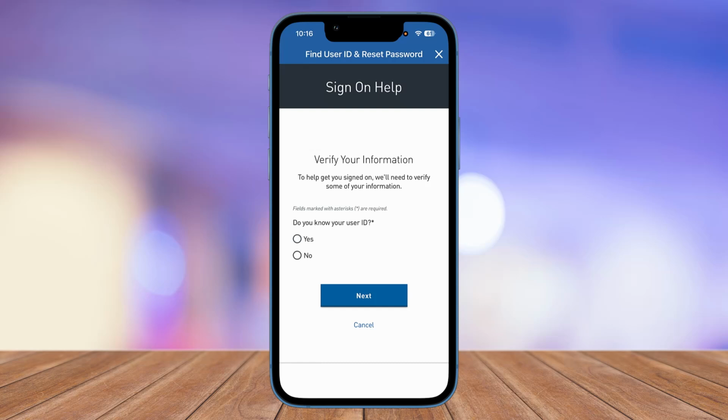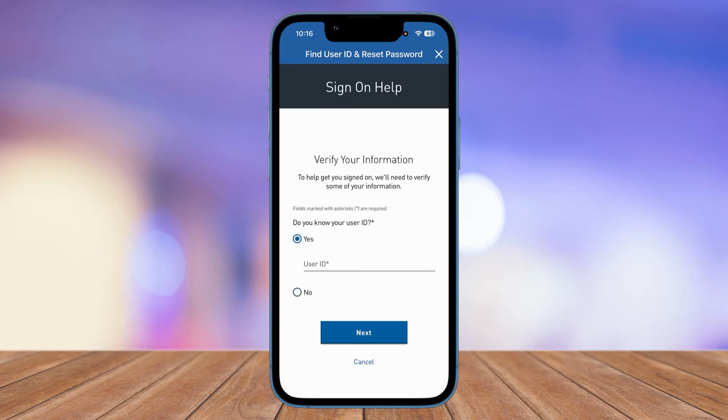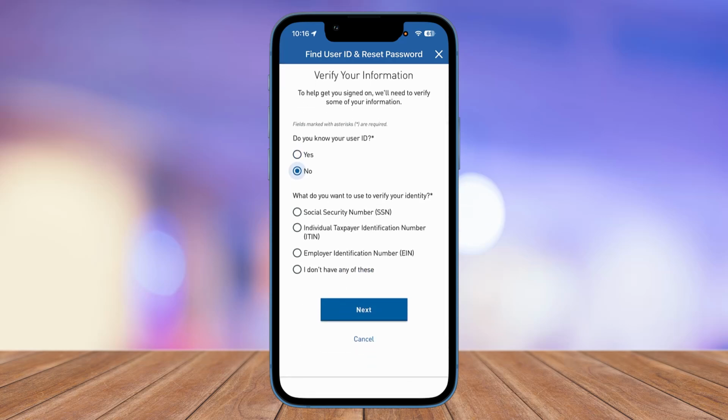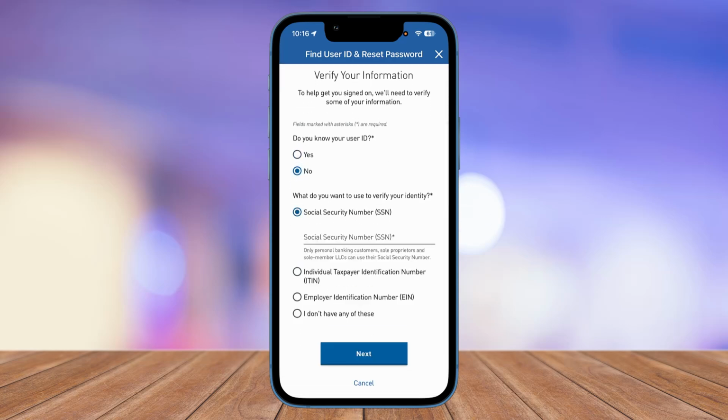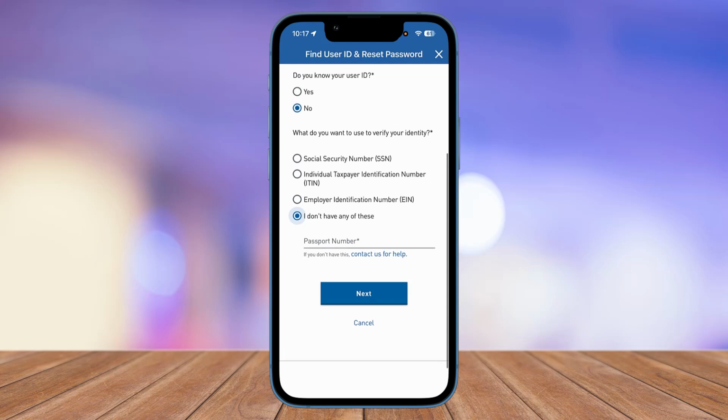So if you don't know your user ID and you're missing your user ID, you can simply go ahead and click on no, or you could simply go ahead and click on yes and enter your user ID. If you don't know your user ID, you can simply enter your SSN or your individual taxpayer ID or even your employer identification number. And once you've done that, you can simply go ahead and click on next, and then